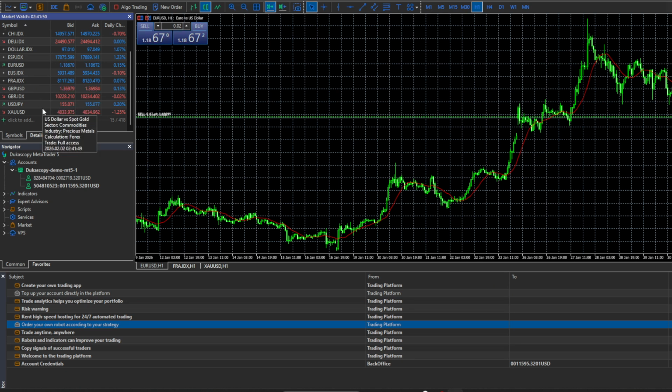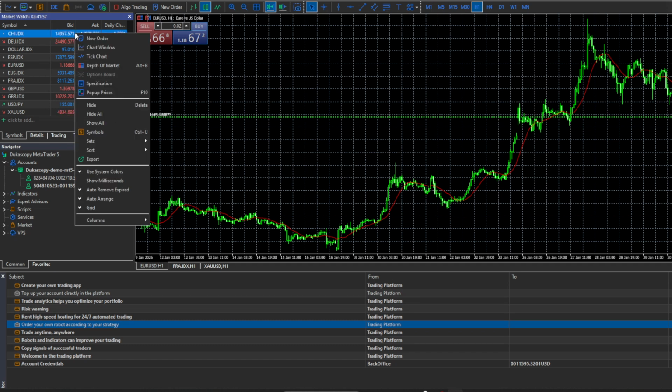First, make sure you have MT5 open and that you can see the Market Watch window. This is usually on the left side of your screen and shows the list of available trading instruments like currency pairs, indices, or commodities. If you don't see it, you can enable it from the View menu at the top